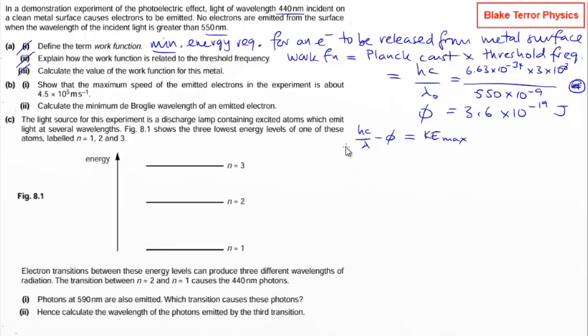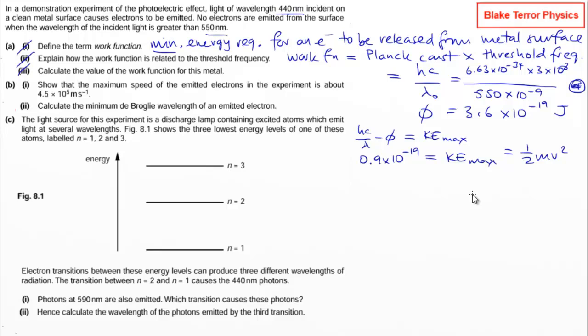So I've still got that sat in the calculator, so that'd be an easy one to do. That comes out at 4.5 times 10 to the minus 19. Then we take off the 3.6. So we've got 0.9 times 10 to the minus 19 is our KE max, which is a half mv squared, using mass of electron 9.1 times 10 to the minus 31. So we just need to plug all that into the calculator and do our square root, and we get